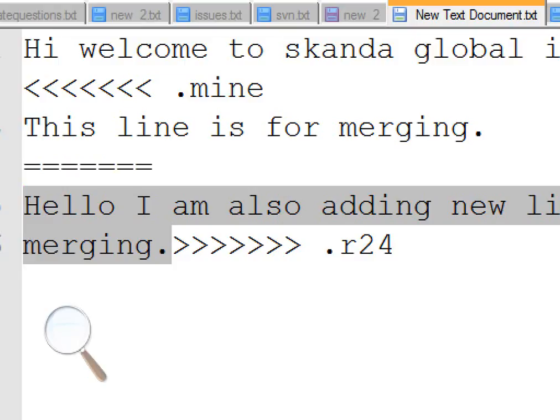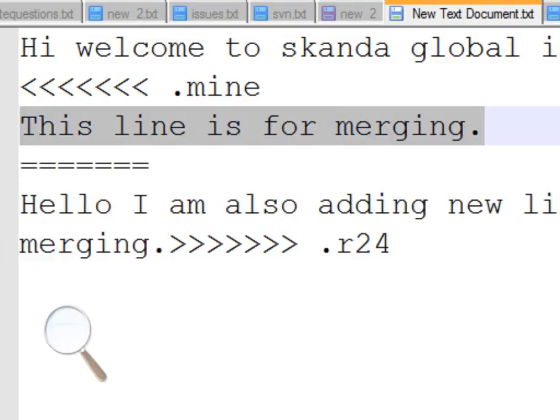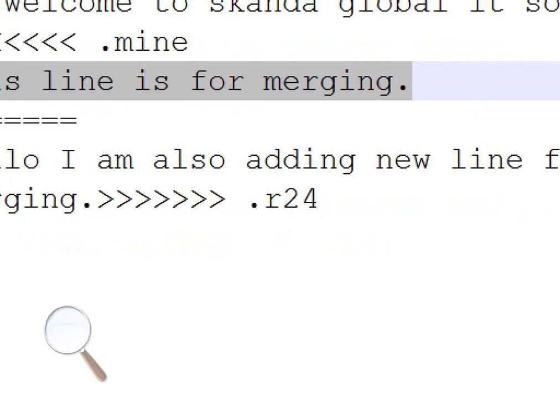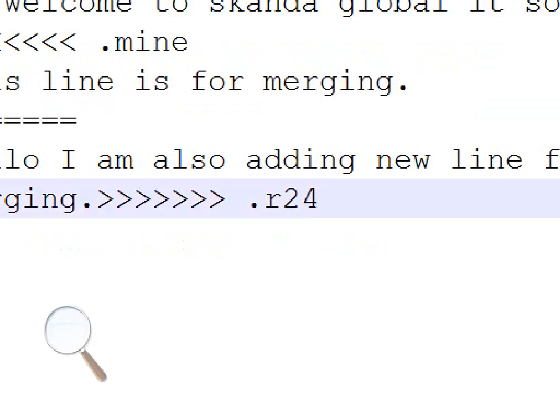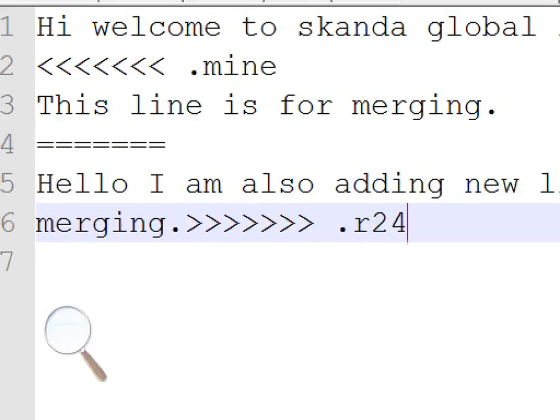There are some cases, not some cases, most of the cases, where you get merge conflict is if the lines are exactly same. This line is for merging, the other line is also for merging. I mean exactly same. In general you will be getting the merge conflicts in those scenarios, but in this scenario part of the sentence is matched, so it is saying that duplicate, I mean conflicts. So what you have to do is we have to